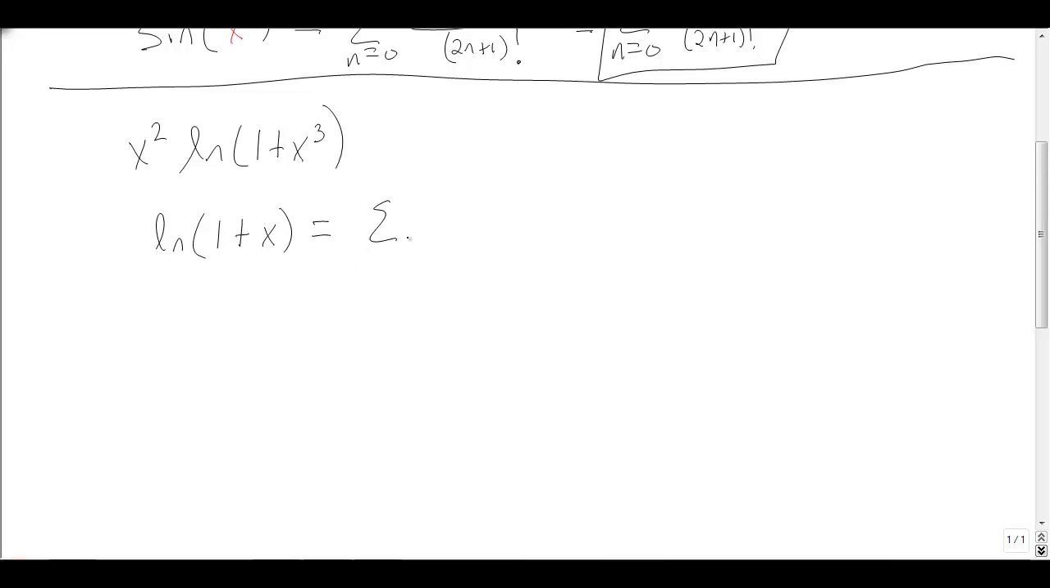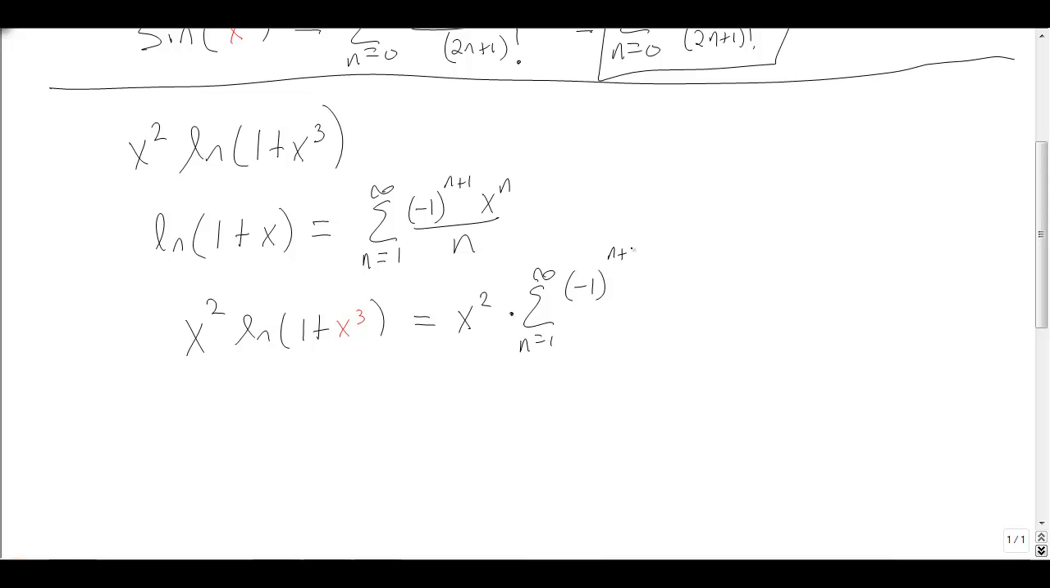And this is one that we need to go look up, I guess. And this is going to be n equals 1 to infinity, negative 1 to the n plus 1, and then we get an x to the n over n here. So this should be our series for natural log 1 plus x. And what that means here is that if I do x squared times natural log 1 plus, let's write the x cubed in red again, I'm going to get, okay, now I have an x squared on the outside, but then times my series, n equals 1 to infinity,